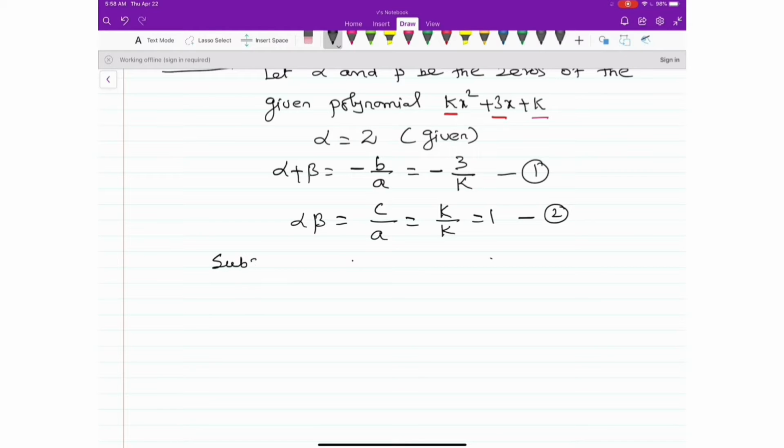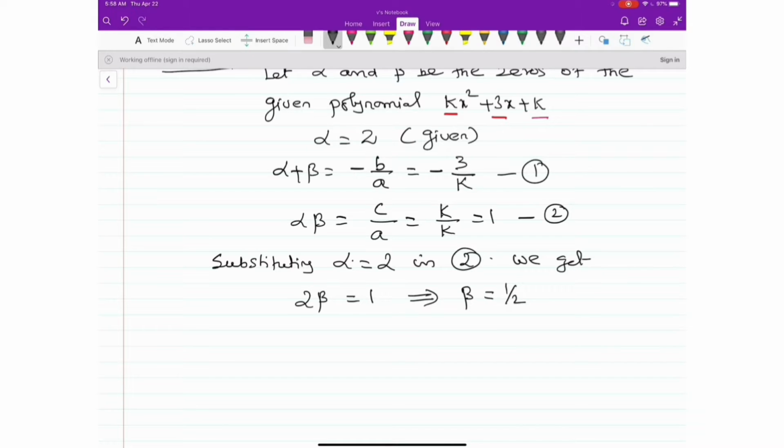Substituting alpha is equal to 2 in 2, we get 2 beta is equal to 1, which implies beta is equal to 1 by 2. Now substituting beta is equal to 1 by 2 in 1, we get